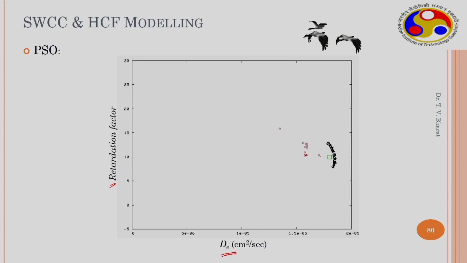Everybody started following this one and started coming close, and this one also started searching and found that there is a better solution in and around. So it also started perturbing, and finally all the particles at the end of the search process converge to the global solution. That is how we search for global solutions using swarm intelligence or nature inspired algorithms. There are many such algorithms one can use.